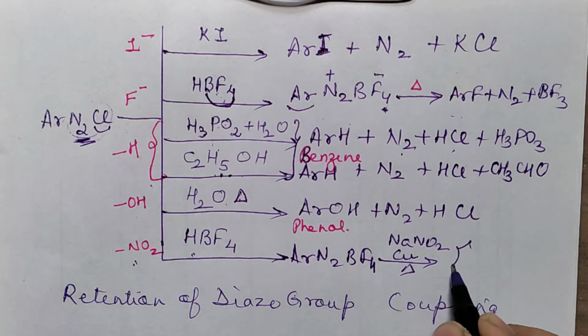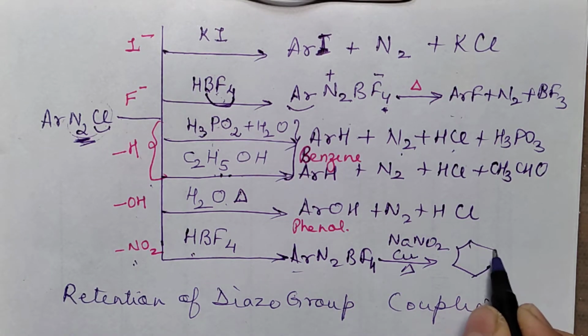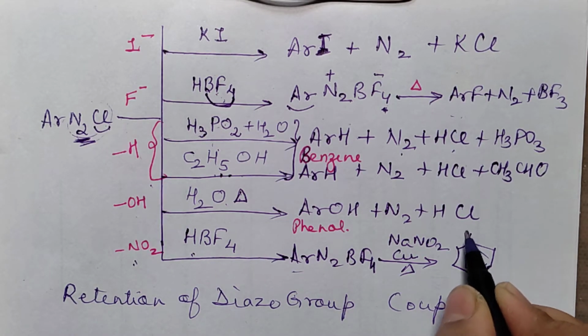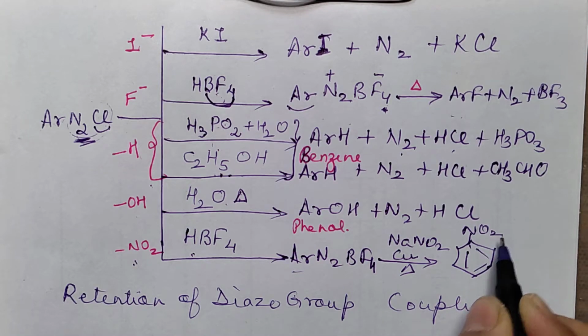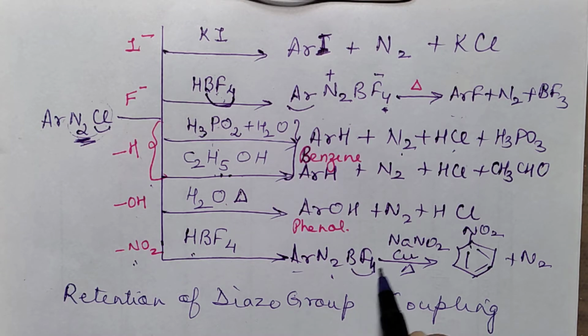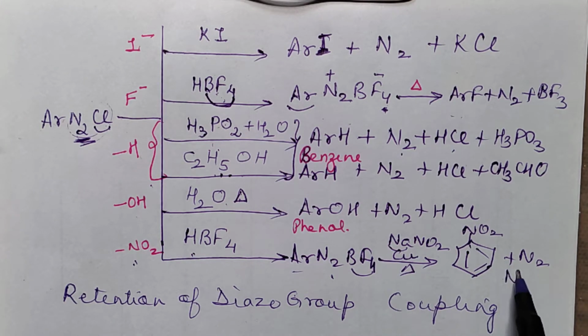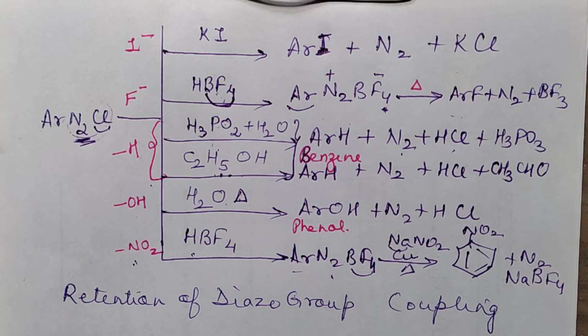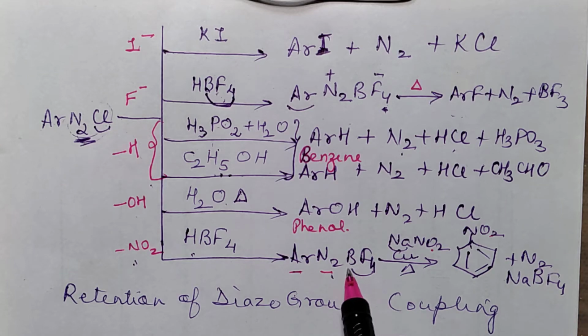When it is heated, what you get is this aryl part I have written just in the form of a ring. You will get here nitro plus N2 has to be there. Apart from that, this part with the Na, you will get one salt. You will get NaBF4. So retaining the products is not that difficult. This with the NO2 will form the nitro, N2 has to be evolved out, BF4 with Na will form NaBF4. So what all conversions we have studied?